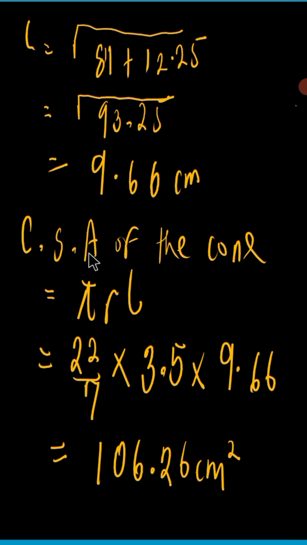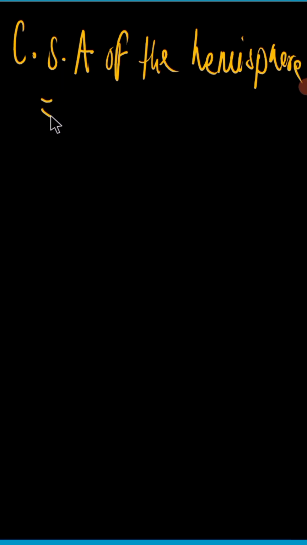So we need to get the curved surface area of the hemisphere. The curved surface area of the hemisphere is equals to 2 pi r squared. That will now be equals to